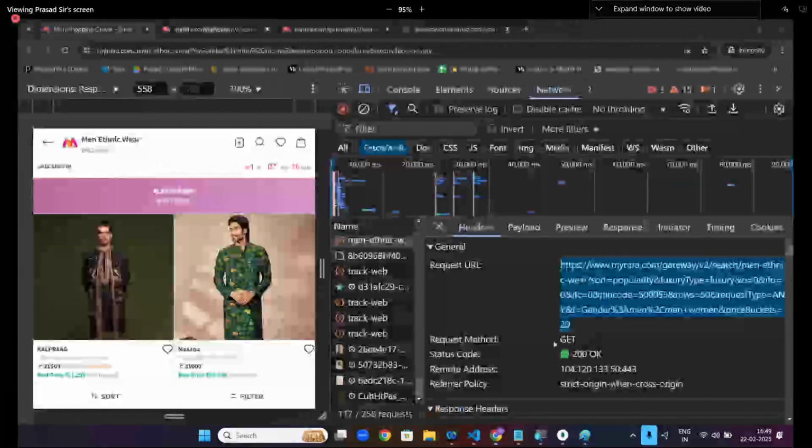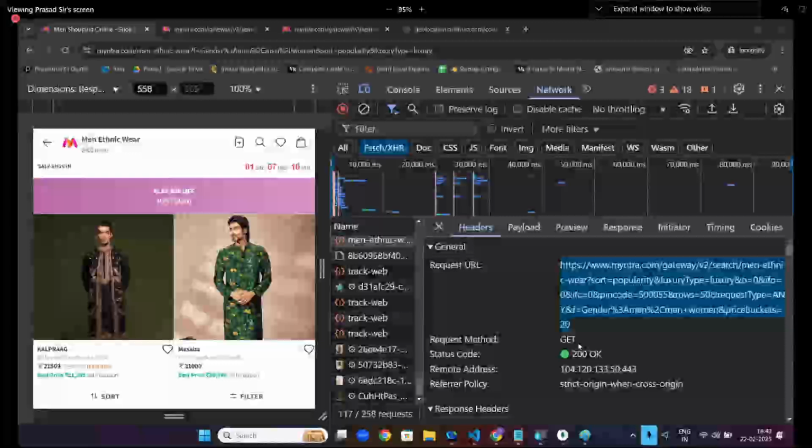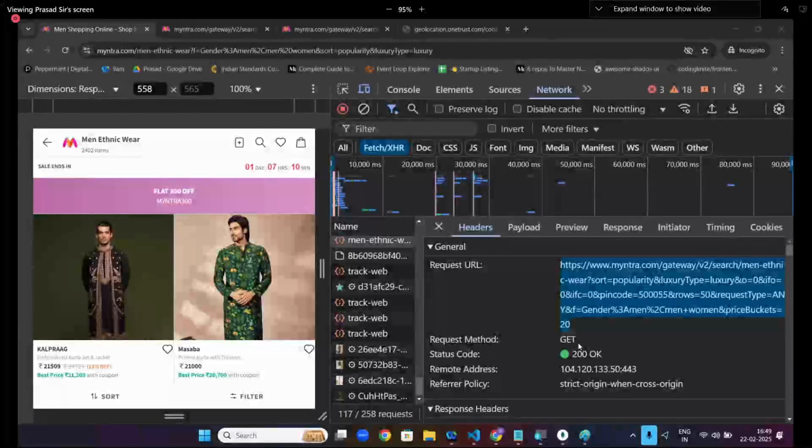It's not a database. The backend will check the database and put the data in this endpoint. The front end, whenever it wants to do something, depends on the request. For an endpoint, if we do a get request, we will get the data. If we do a post request, we will give data to the endpoint, and automatically the backend will take it from there. So the backend will write some code: if someone checks this endpoint with a get request, what to do? If someone uses this link with a post request, what to do? If someone comes to this link with a put request, what to do? Like that, they will write. Okay. Now,